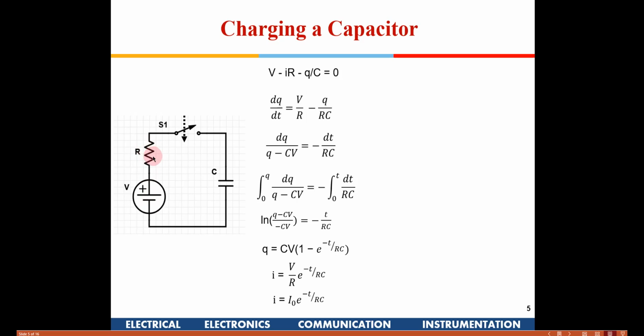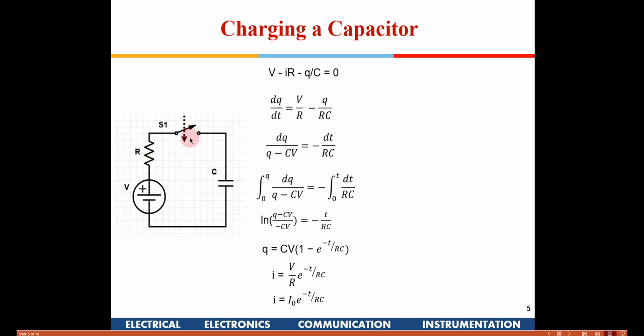There will always be a resistance. It could be a resistance in the circuit, or at least there will be some source resistance. Any source which we connect will always have it in series. So practically, in all circuits, this is the kind of scenario which will be there. When you are connecting a capacitor to a voltage source, there will always be a resistance. The previous one was a pure ideal case, which will never happen.